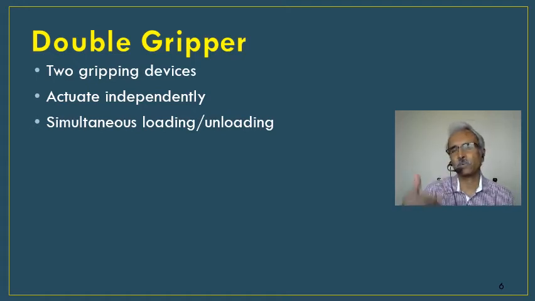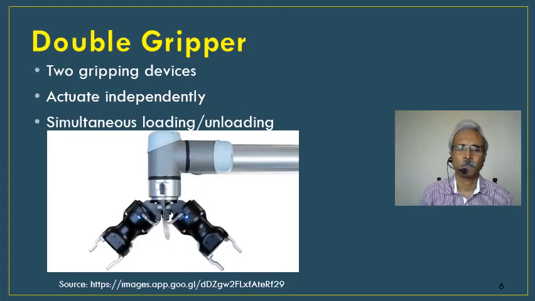So in the earlier case of a single gripper, there is one hand: I pick the raw material, take it all the way to the machine, load it, right, and then in the next cycle I go there and unload that and then go and keep it over there. So instead can I combine both loading and unloading, thereby bringing down my cycle time? That is where your double gripper is very helpful to you. So you can see the diagram here, and there are 2 grippers.